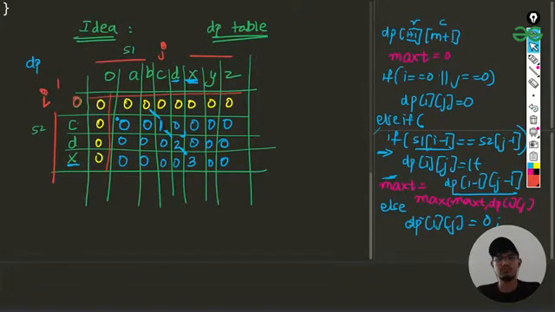The second condition is this match one, which means whenever we are getting s1 of j. Basically this is s1, this is s2 for us, but we have done it the other way, so it means the same only. s1 of i is equal to s2 of j. Then we'll just be adding one to the diagonal element basically. For example, for this case we have added 1, for this case we have added 1 plus 1, which comes as 2.